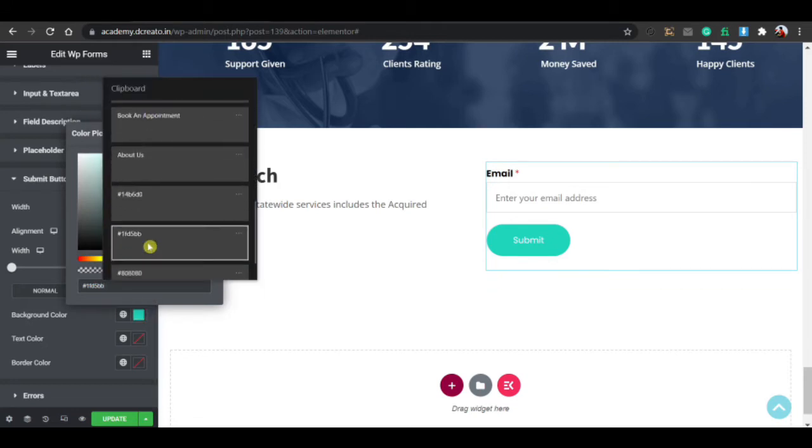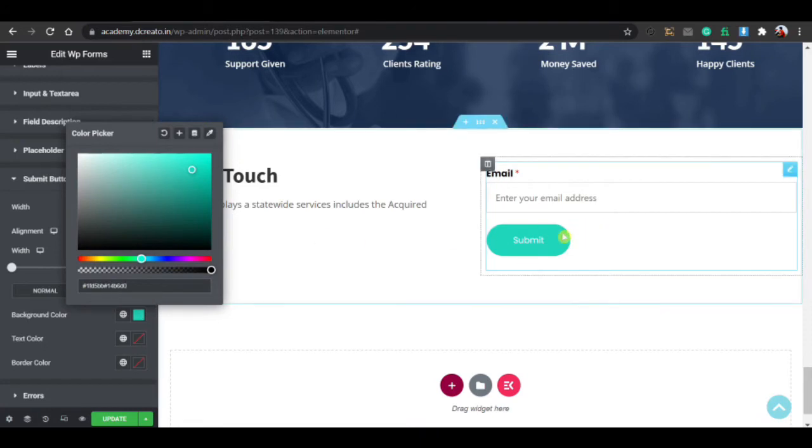So this is the color, I think. If I'm just hovering, this is nothing. I'm changing this from here. So if I'm just changing from here,